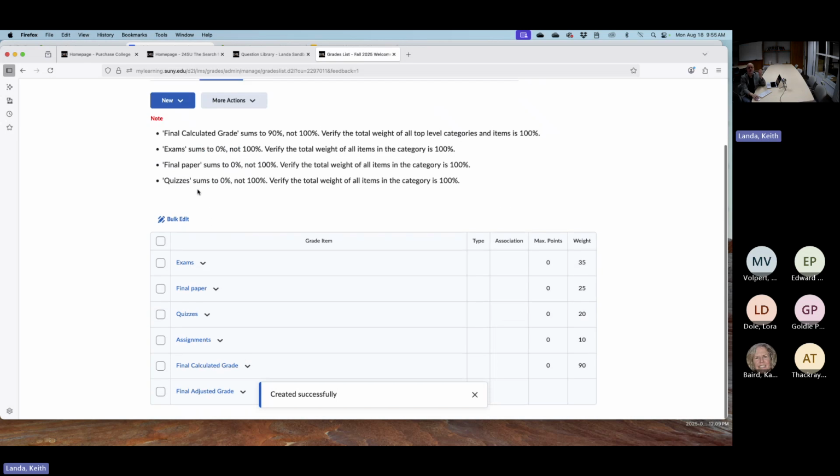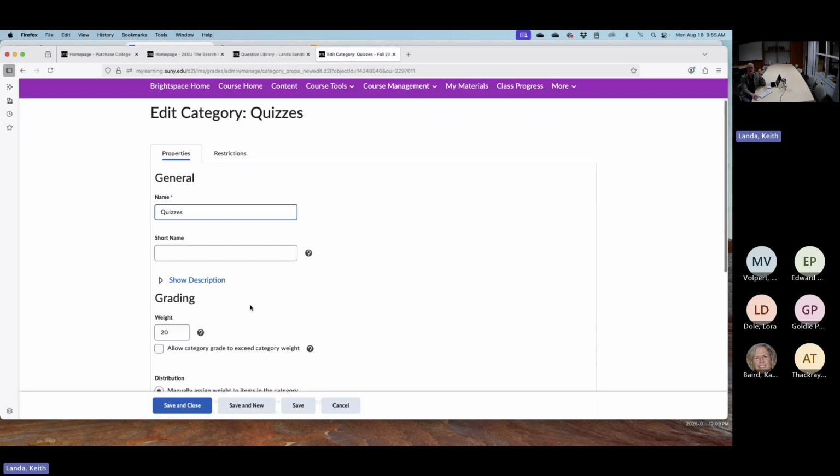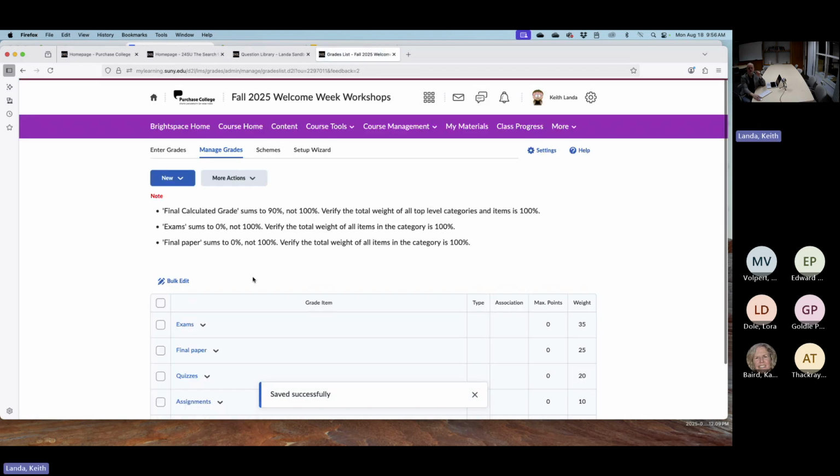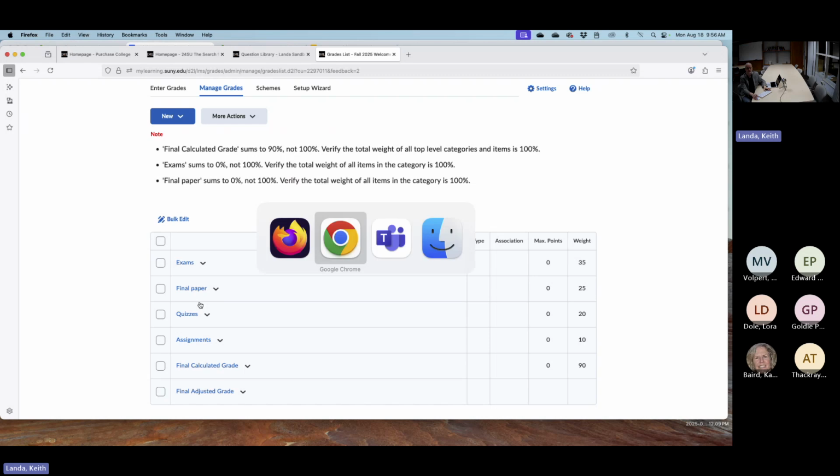And you see, I've got some error messages up here as well. You go back into quizzes and edit that. For quizzes, I'm going to turn on distribute weight evenly across all items. So now Brightspace knows how to handle items that get put into the quizzes category. That warning about quizzes goes away. These I'm just going to leave for now. Those will go away once we get some items in those categories. And then the last thing I have to do is